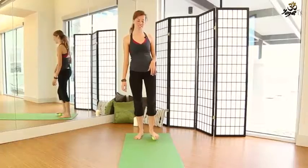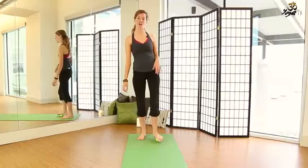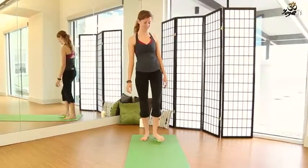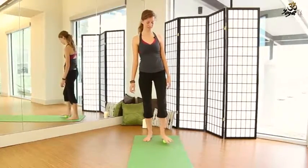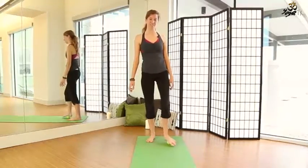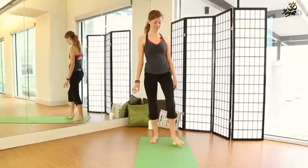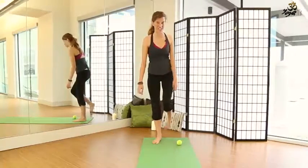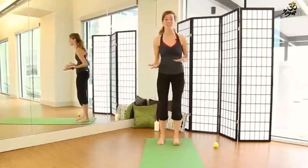rolling that ball underneath the ball of the foot, the toes, the arch, that heel, getting the outside edge and inside edge of the foot. Maybe wobbling a little with your balance, that's okay. We'll take another moment here to breathe into that left foot. And then release, shake that foot out, move the tennis ball off to the side, and we'll come into Tadasana,